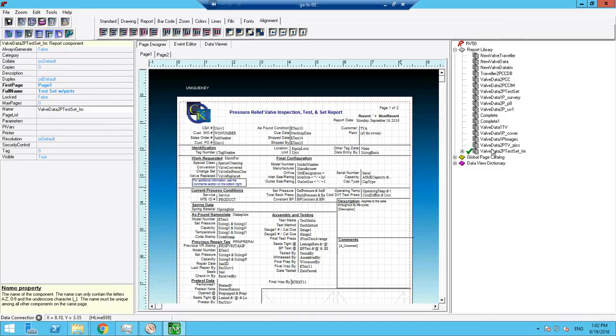Down here at the bottom is the one that I want to move. I know it's at the very bottom, and there's its full name, property, set and test with pics. And I want to move it up here by the C and K PRV test and set report. So I'm going to click on it in my report library. I'm going to come to my alignment tab, and I'm going to use these buttons here that allow me to move things up and down, or to the front and to the back, or